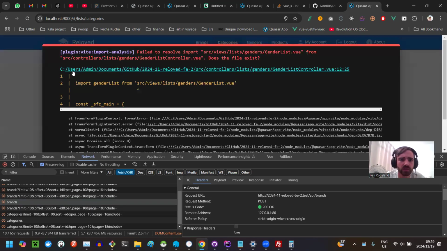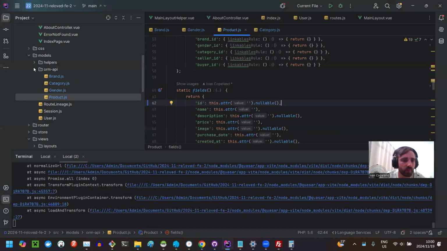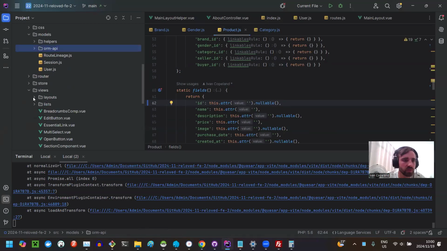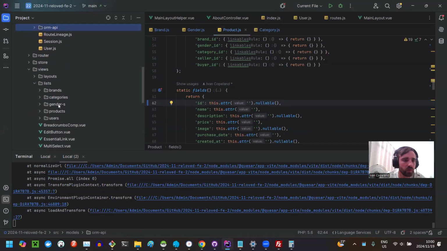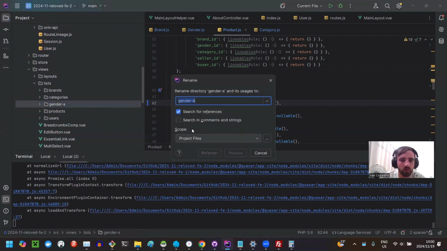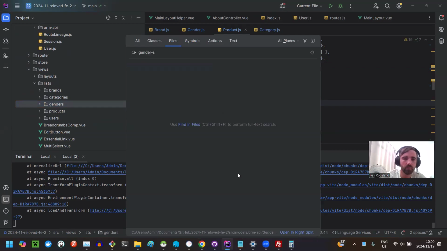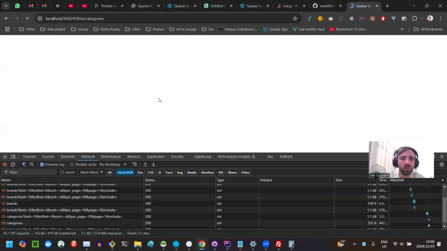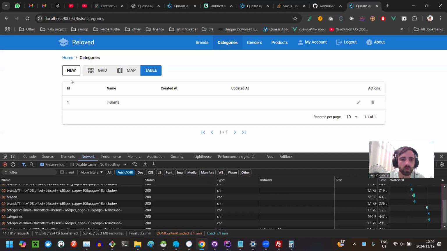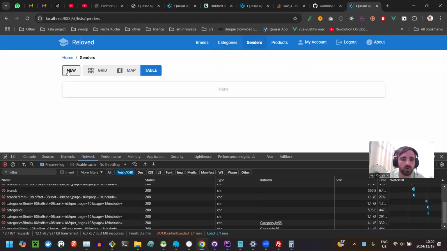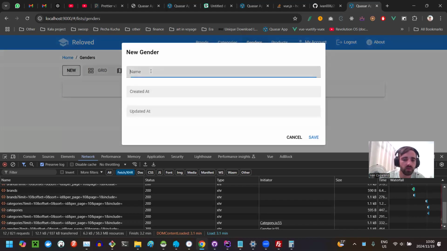T-shirts, okay, genders. Oh, we got a problem with gender. So it thinks that the view doesn't exist. Oh, running errors with that. Genders. Okay, then